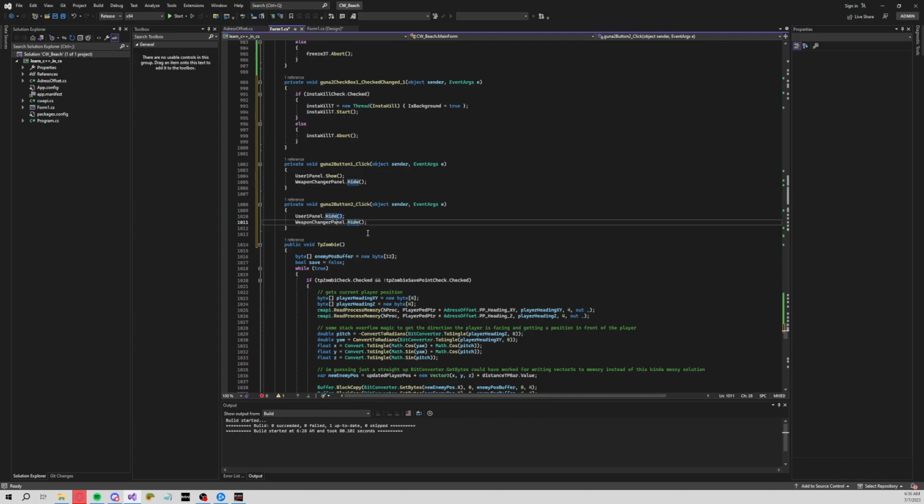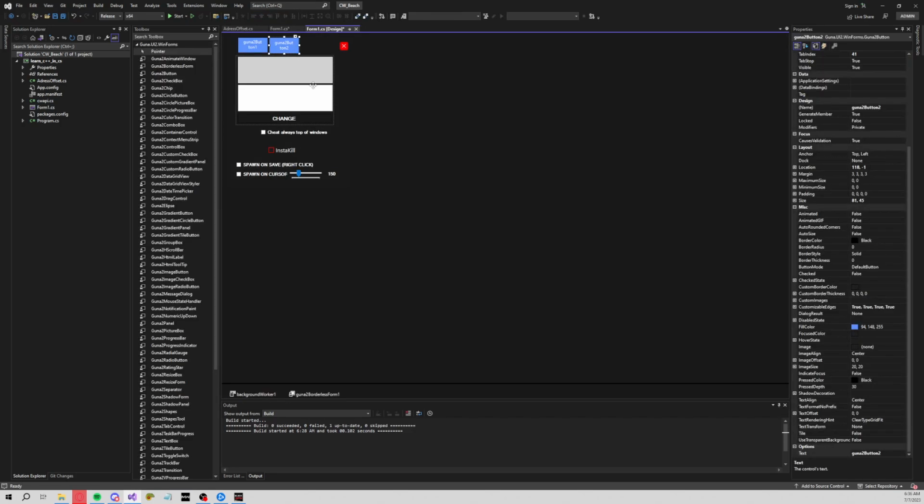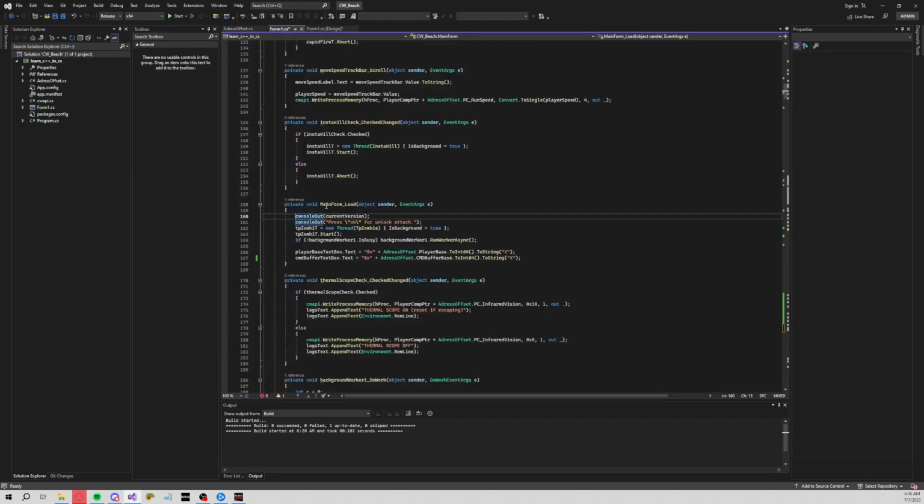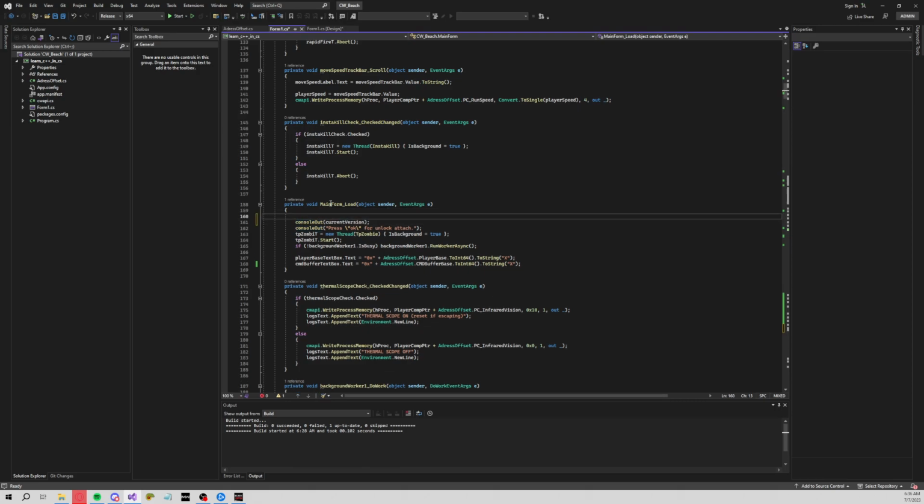Let's change that to hide. Change this to show. And then you want to click on the main form, and then you want to make it hide all the other panels. So use one panel dot hide